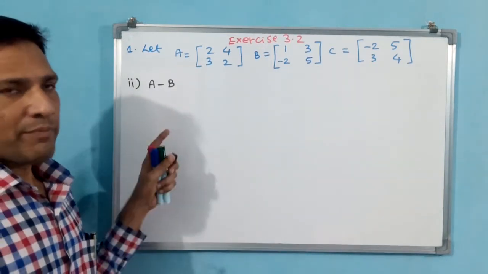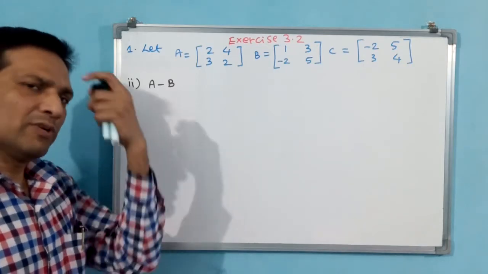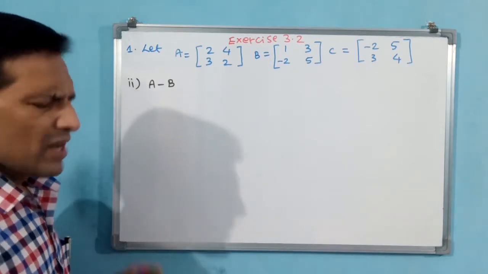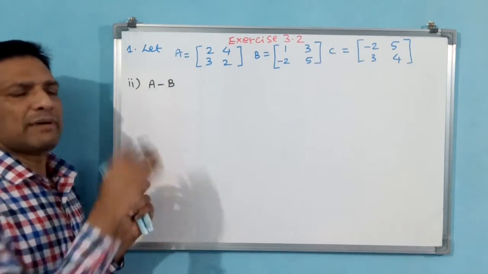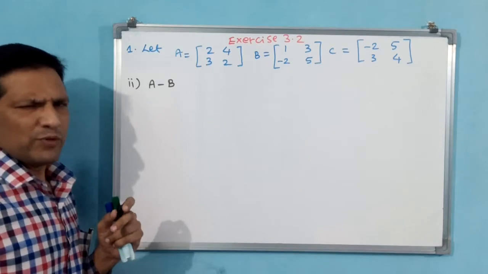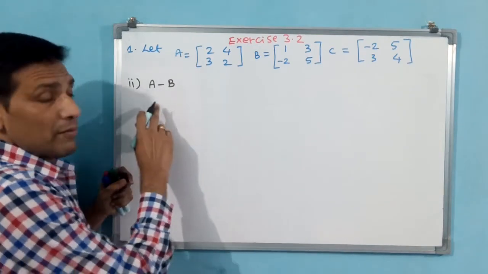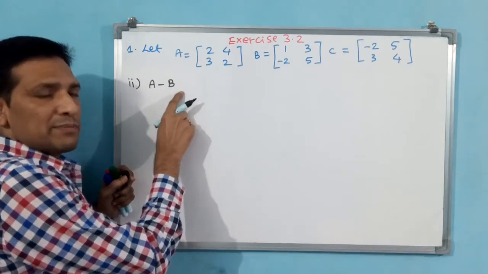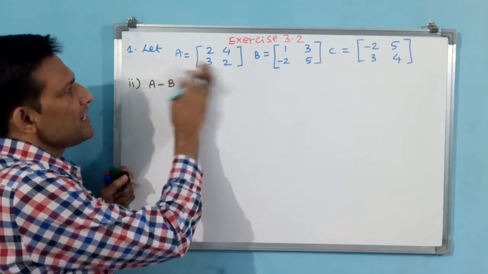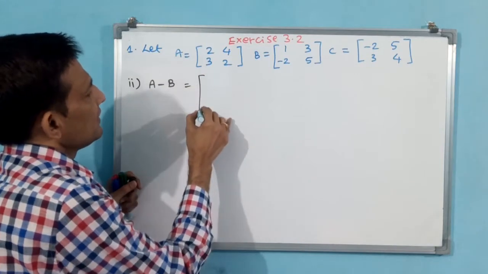See, the second part is A minus B. Difference of matrices, or we can say subtraction, but normally we call it difference of matrices. You have to subtract B from A. Or else we can say it is addition only, where you multiply B with minus 1, but we don't require that because these are easy, not that tough. But carefully, for A minus B or A into B or A plus B, always keep A on the left side and B on the right side. Here A is on the left and B on the right. Then you can perform this operation.